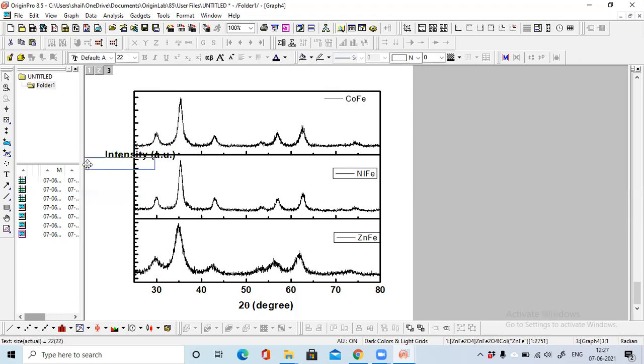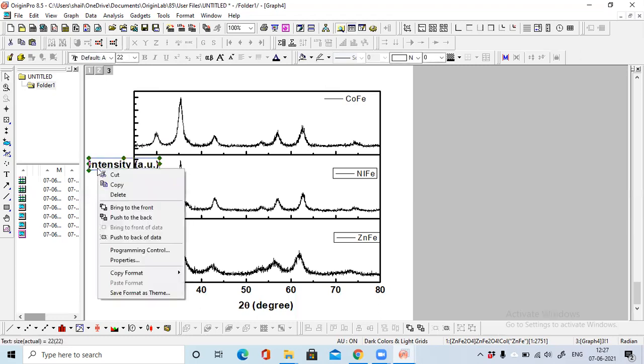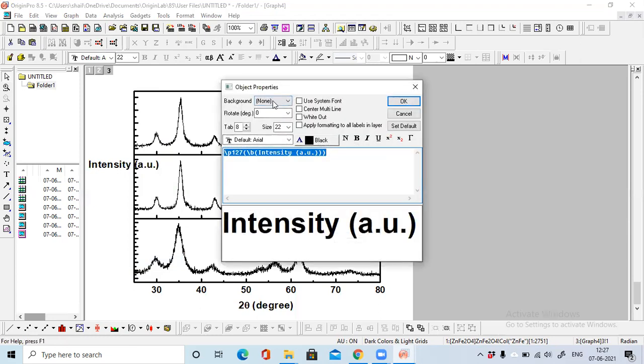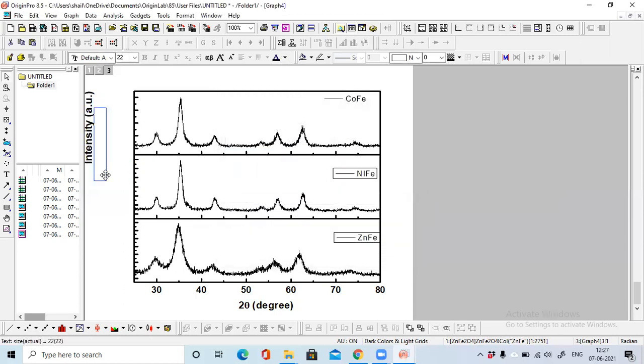Now you see this is like this. So right click on this, go to the properties and rotate. Background we don't need, rotate by 90 degree. You will see it becomes like this, and you can put it in the center. So this is the intensity for all the three graphs, and this is your x-axis 2 theta.